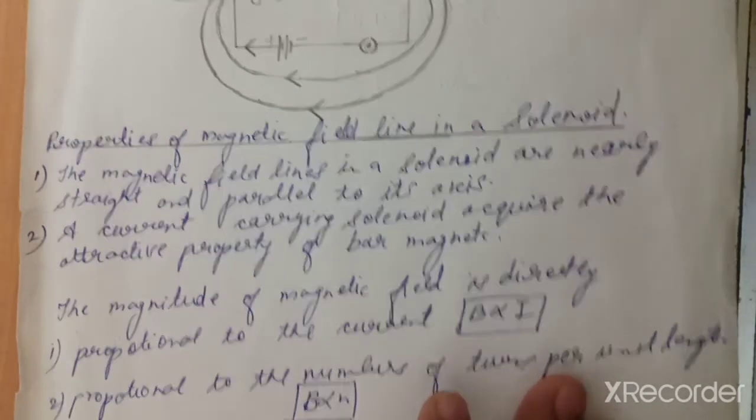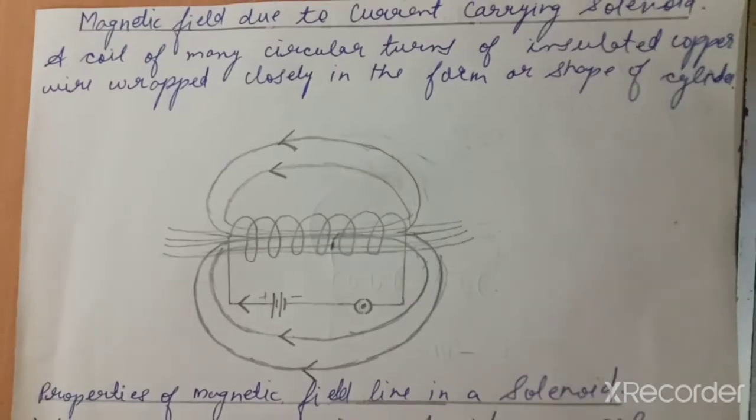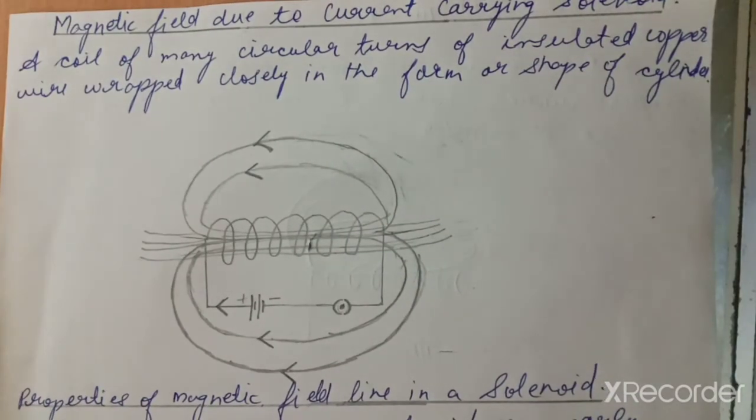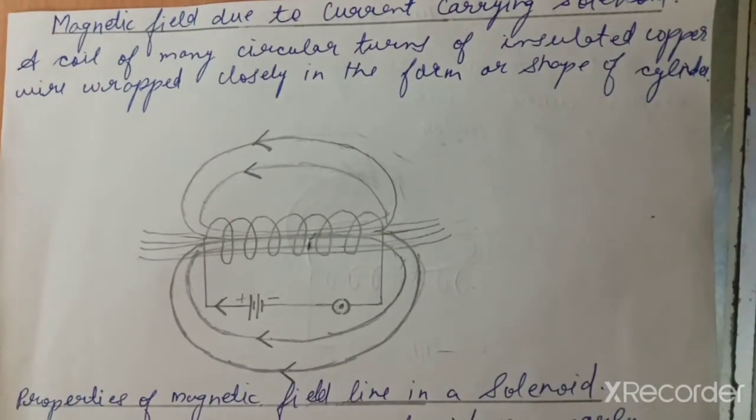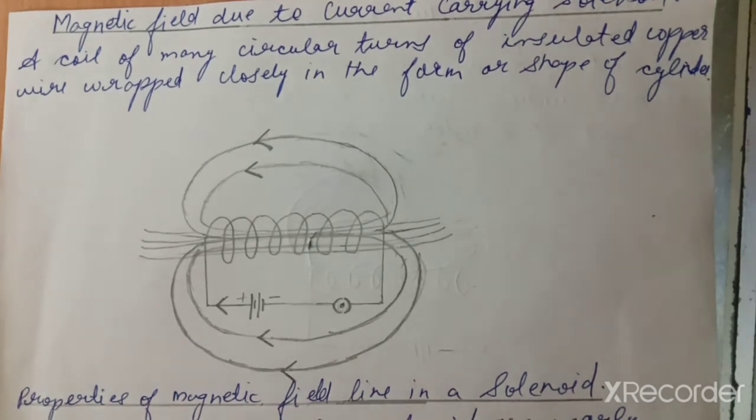So in this topic today we have studied how the current flows in the solenoid and the magnetic field which is generated. In a solenoid, we can change the terminals, and whenever we can change the terminal, it means it is not a permanent magnet, because we are changing the terminal, so this will be a temporary magnet. A permanent magnet is one in which we cannot change the poles. So this solenoid is considered a temporary magnet.